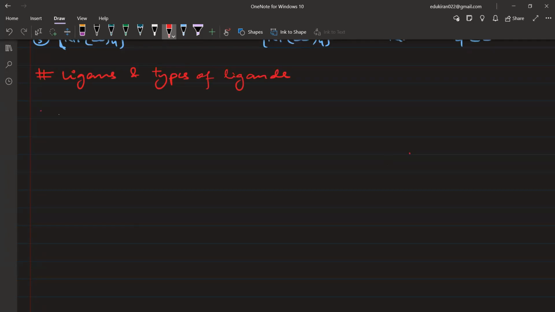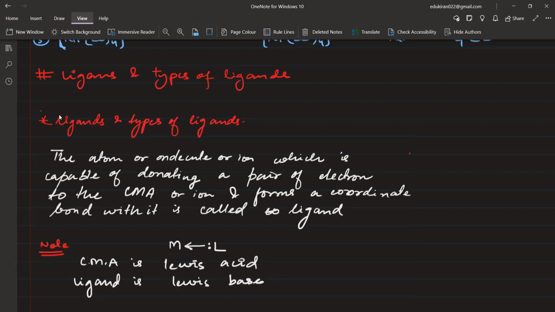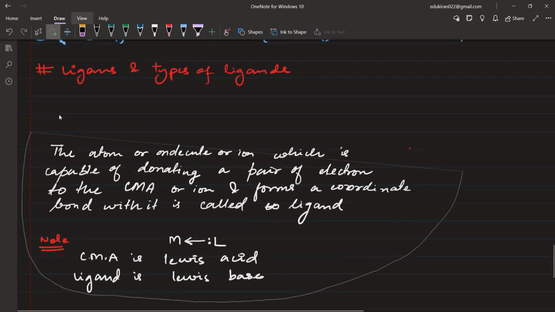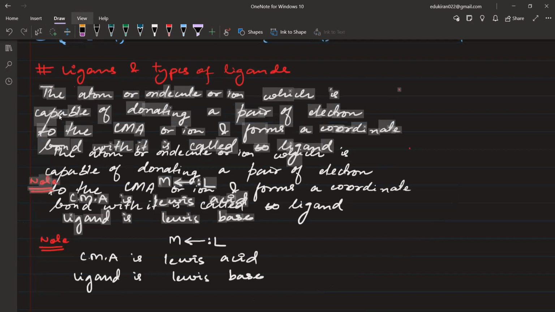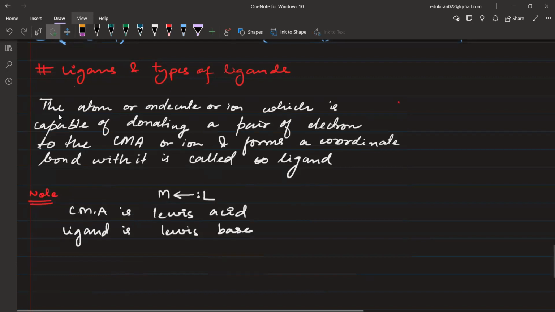ओके आप एक काम कीजिए, just take a screenshot of it, हम इसको समझा दे रहे हैं, ये कुछ ज्यादा टफ नहीं है आपके पास. You have already seen what are ligands. Just leave some space for this. The atom, molecule or ion, ठीक है ना, it can be an atom, a molecule or an ion, which is capable of donating a pair of electrons to the central metal atom, and that is why it is going to form a coordinate bond with it, is called ligand.